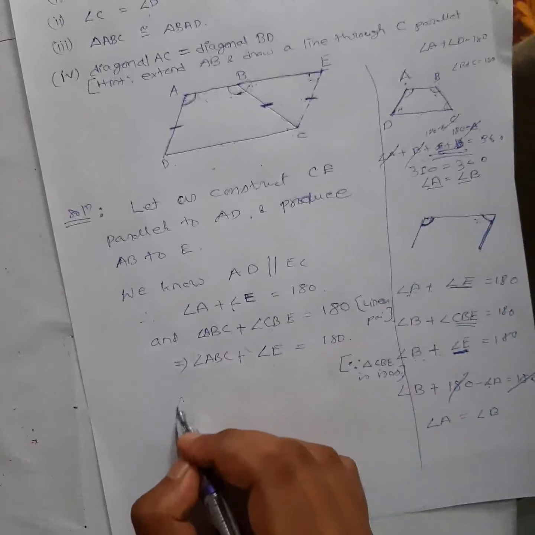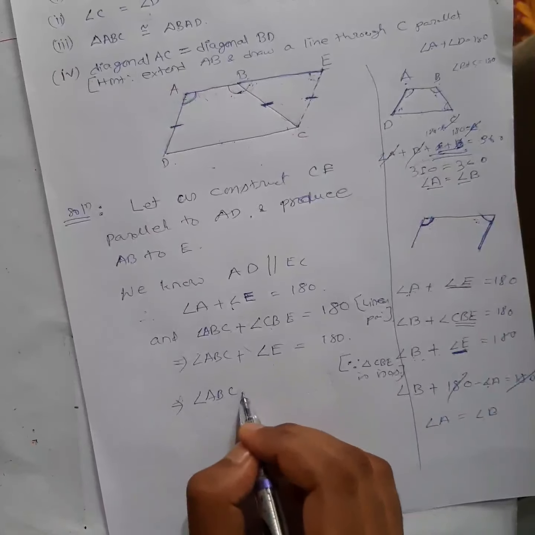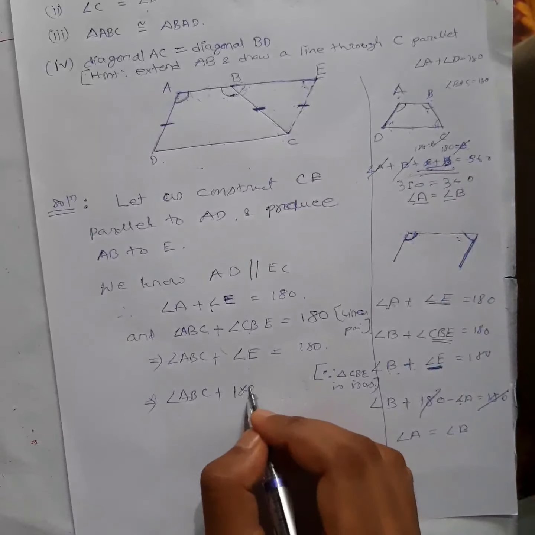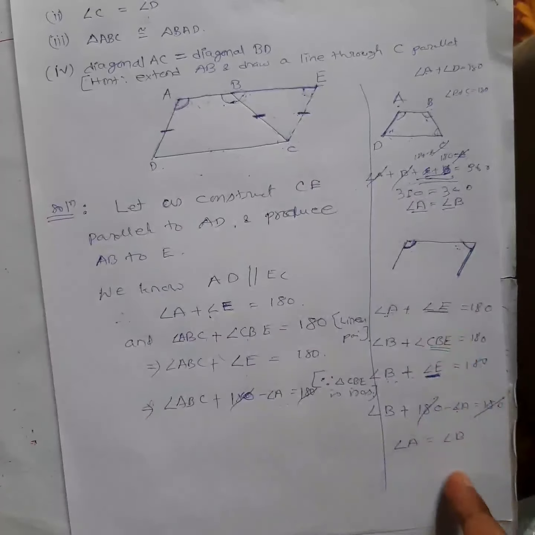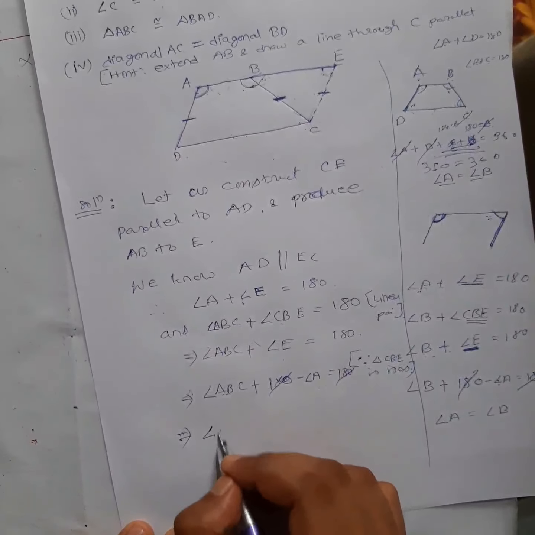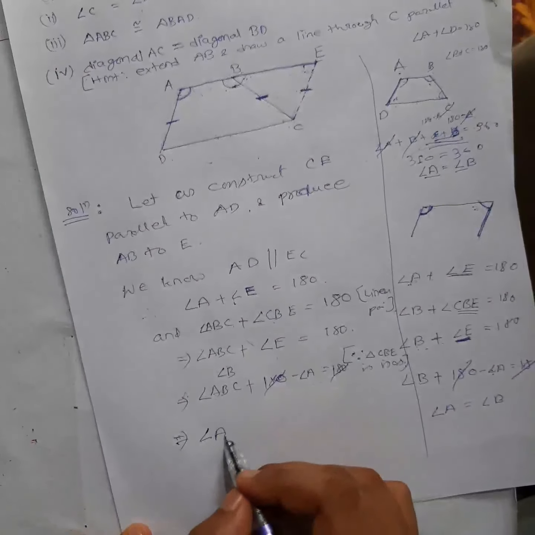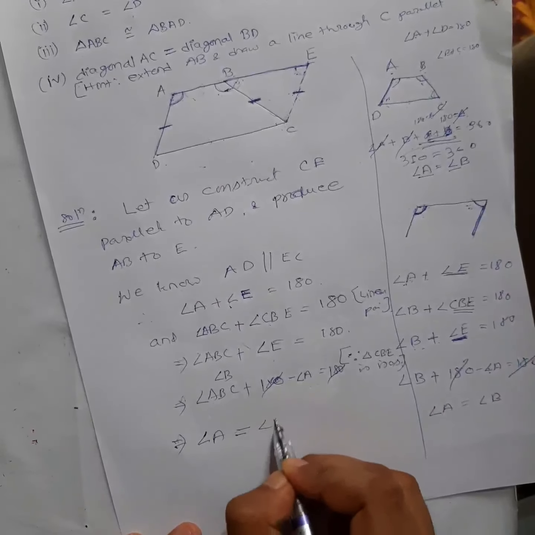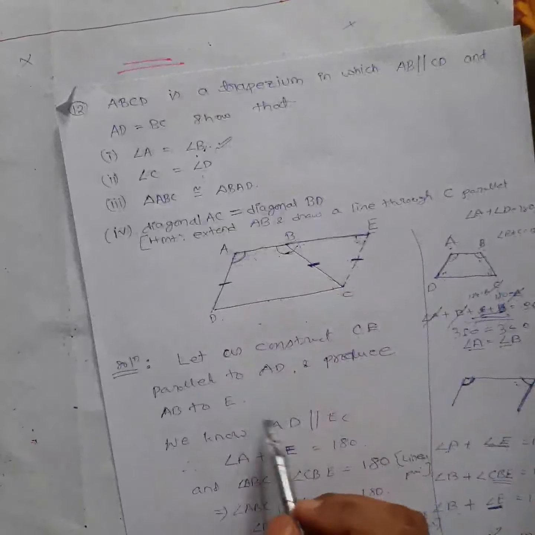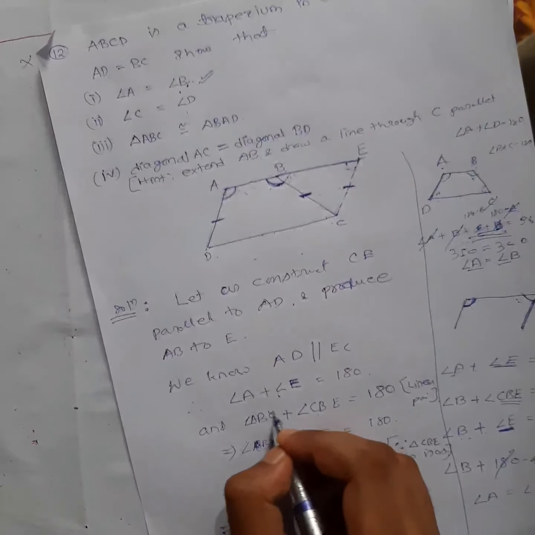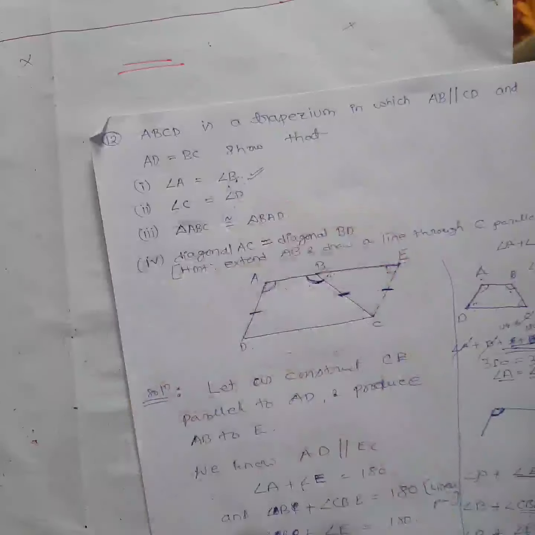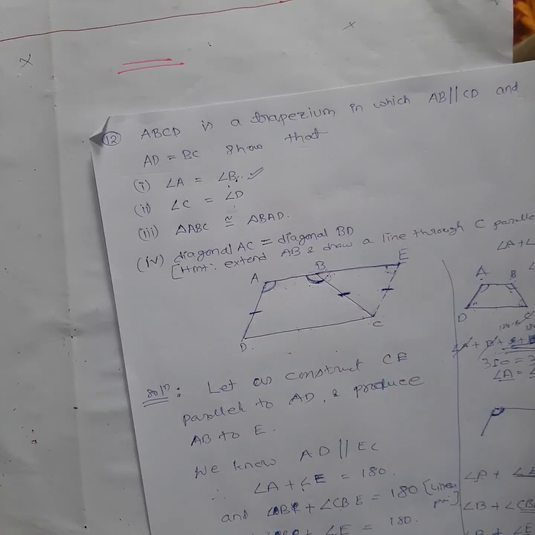Okay, so in place of E I will exchange ABC by 180 minus angle A is equal to 180 degrees. So this is gone, same thing which I have written here. Which implies this is nothing but angle A, this is nothing but angle B. Okay, angle A is equal to angle B. They have said angle B, so you can write one, because this is from the construction part, right? So instead of writing ABC, let's write B only, because in the question they have asked to prove angle A equal to angle B.